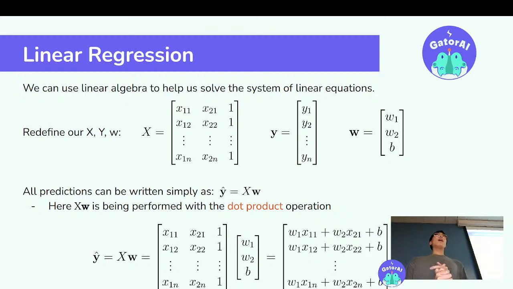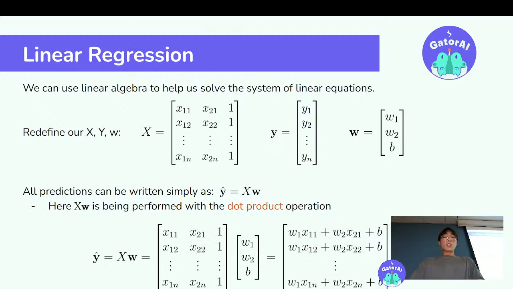So let's redefine our data set, the true values, and our weights. We're going to represent our data set x, and we're going to add that 1 there for the bias, and we're going to have our y vector, which is essentially just the values across. And if you remember, the row corresponds to the data example. So for example, x11 would be the square footage of the first house. x21 would be that second variable we defined, also for the first house. And that 1 basically just represents the offset of our function, the y-intercept of our function. And so we have our y, which is just our list of values that the houses are,